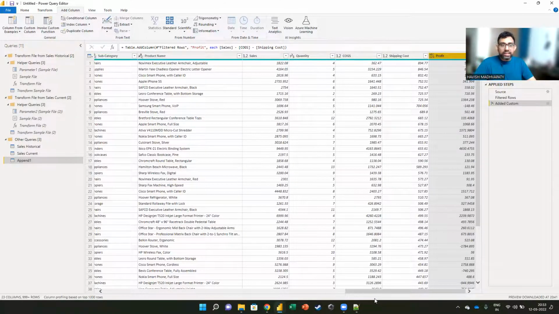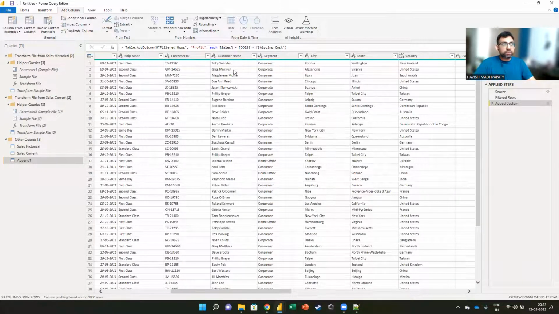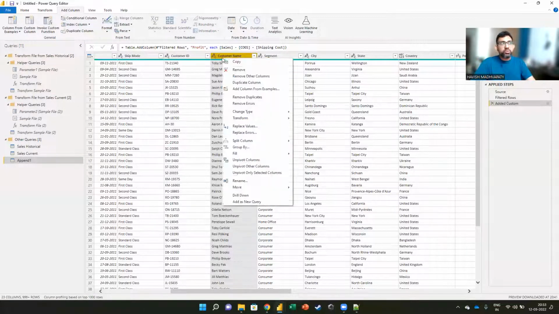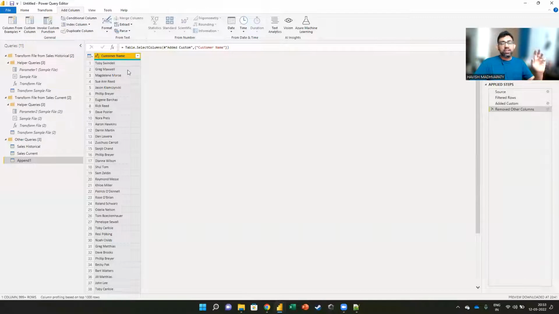Okay, let me show you one other thing. This is about the customer name, right? Now, to avoid any complication, I just want to remove all the other columns. Now, imagine you wanted to reverse the data. I want to call it Swindle, Toby, Maxwell, Greg. In Excel, it's not that simple, right? I'll have to use left, right, mid, length, find, repeat, substitute, all of that.